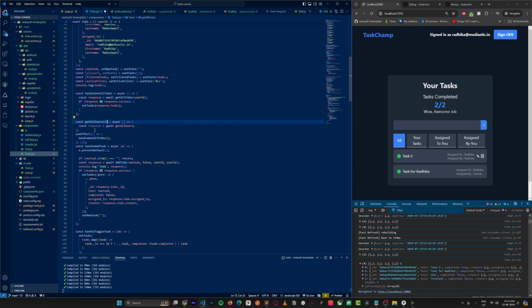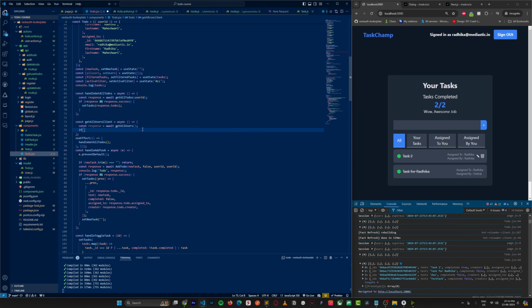I will just name it client for now because I don't want them to have the same name. Okay, getAllUsers. Then here I will call it as a function,